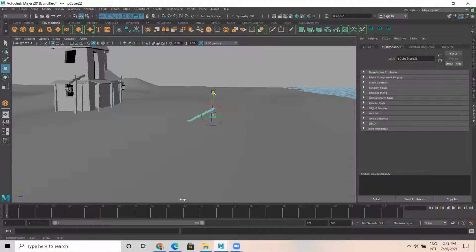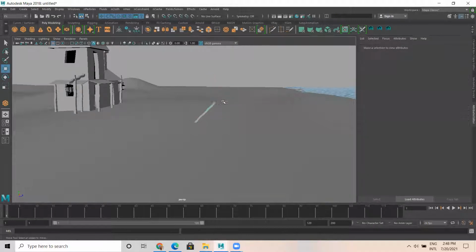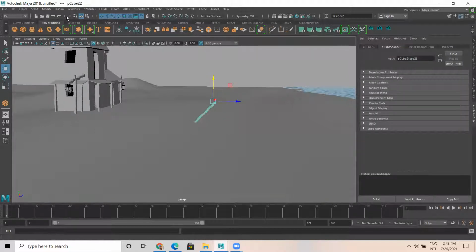I'm just changing the pivot point position. I duplicate this. I'm selecting this, Modify, Center Pivot. After that, change the pivot point to this particular point. Duplicate.